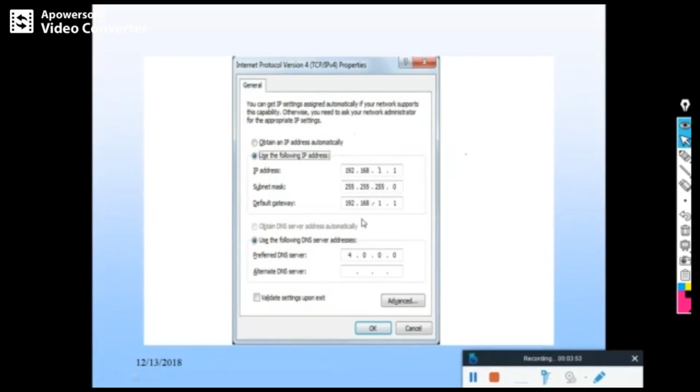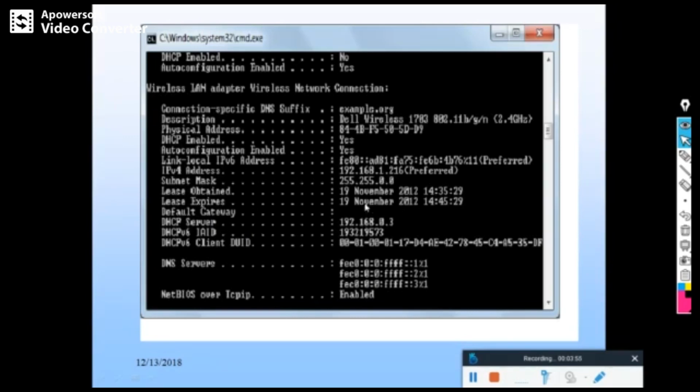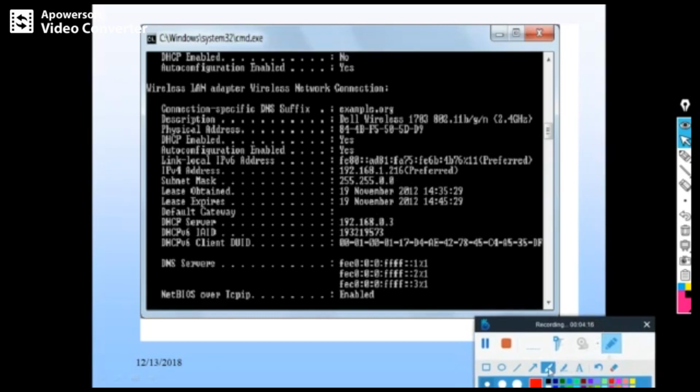Once you configure the IP address, as I said in my last video, you give the ipconfig command, and you can see the address assigned to your machine. In this one you can see the address assigned to my machine, and this is the subnet mask.